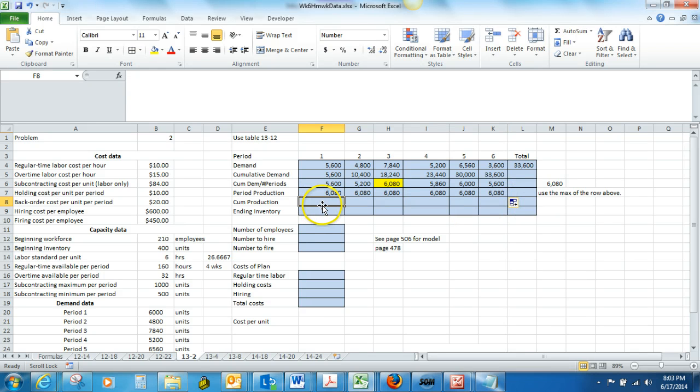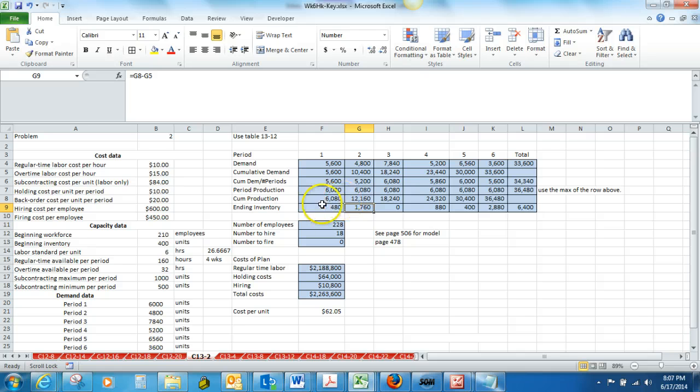And then our cumulative production, we're going to do the same thing here. We're just going to add across the bottom. So we're going to do our 6,080 plus 6,080. And we're going to run that across the bottom. If I can get my mouse to work here. There we go. Okay, and so then we want to take,